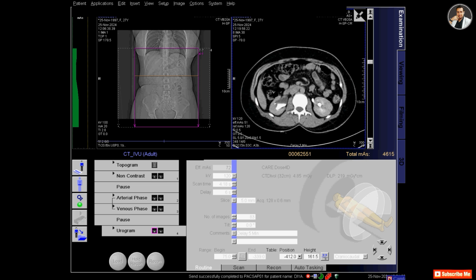So you have to take post contrast scans at 5 minutes, 10 minutes, 15 minutes, and even half an hour or full bladder. So then you will get a proper image in one scan to show the whole ureter with the urinary bladder.